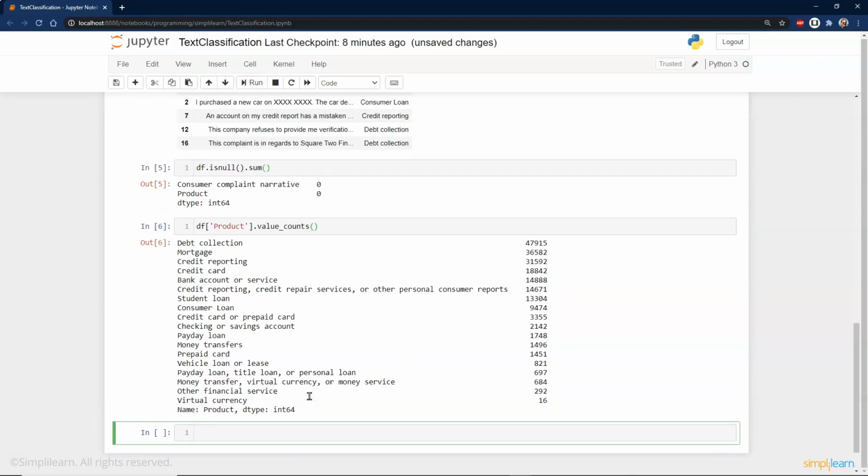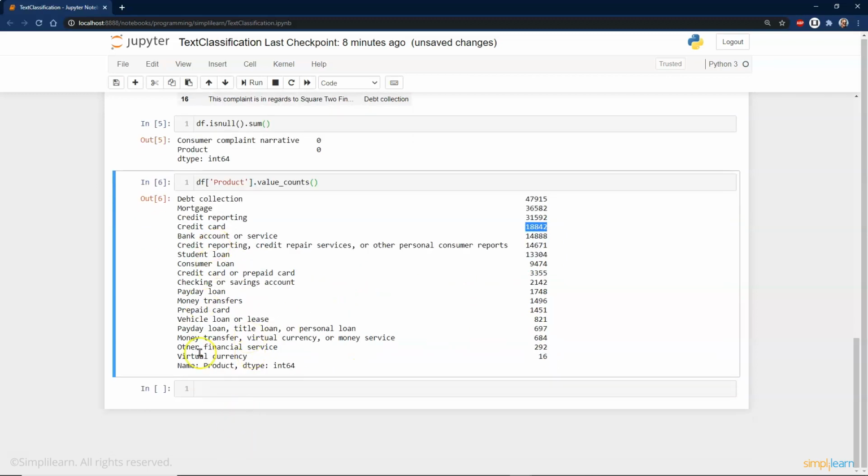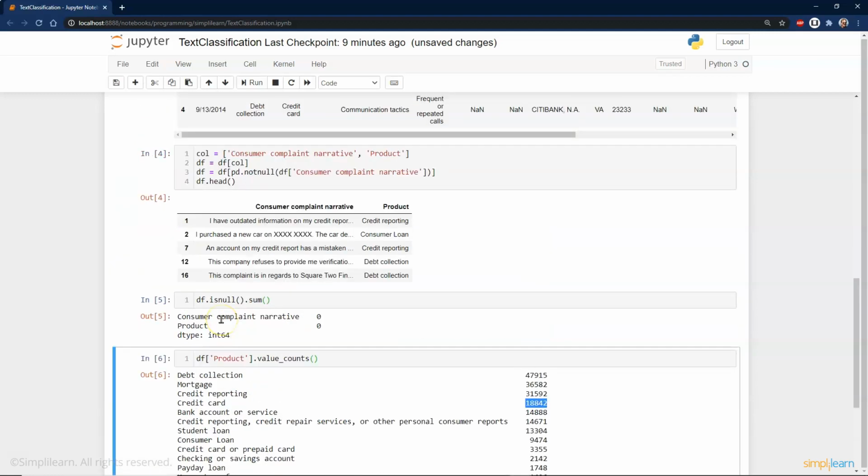You can see here that under debt collection there are 47,000 entries. Under mortgage, there's 36,000 entries. Under credit card, we have over 18,000 entries. So this is a pretty big database. And you can see it going all the way down here with the different entries that go underneath of